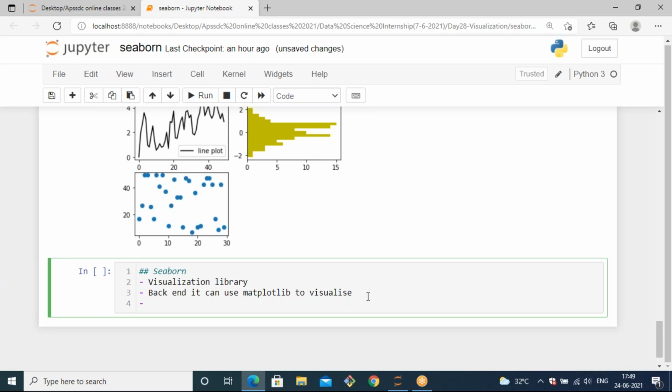Basically we can use Matplotlib to display basic functions, but for statistical functions, Matplotlib doesn't have inbuilt libraries to deal with that, whereas Seaborn has all the functionalities or inbuilt methods to display statistical functions as well. So when we have statistical functions to display, instead of Matplotlib we can use Seaborn.